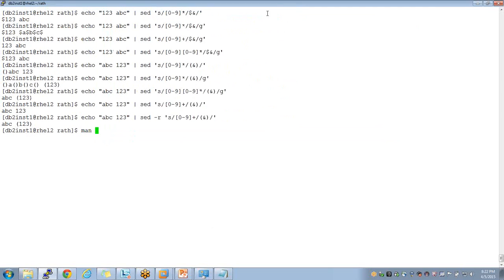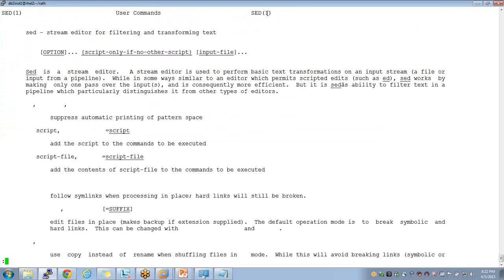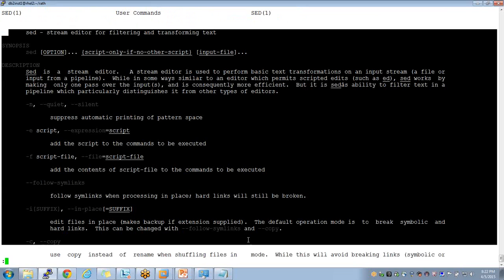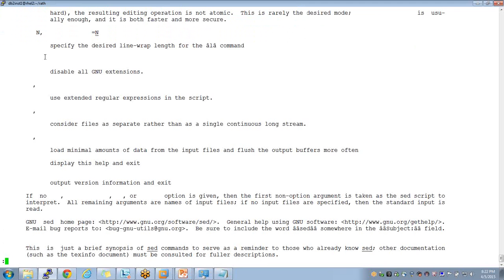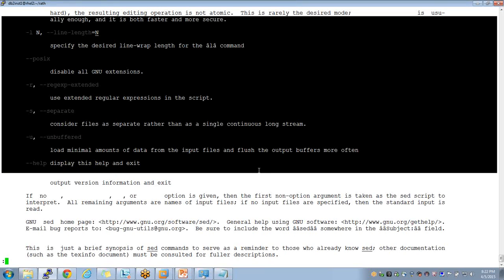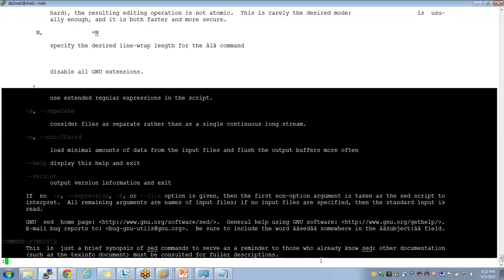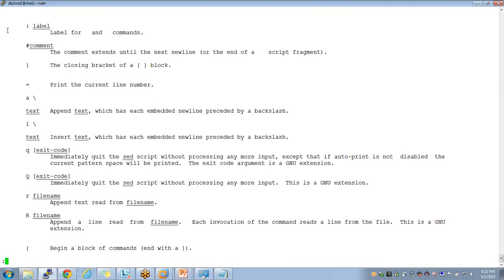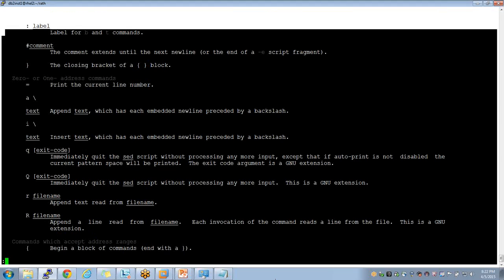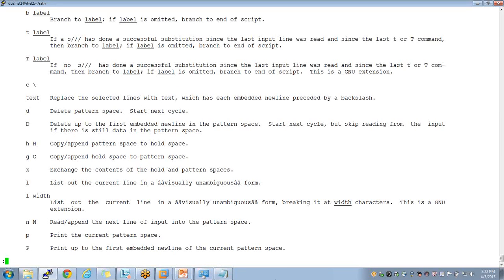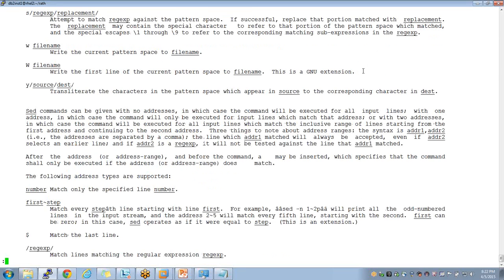Let's quickly search the man page. Regular expression extended: use extended regular expressions in the script. What does that mean? I need to check that in the man page, it's a big thing here.